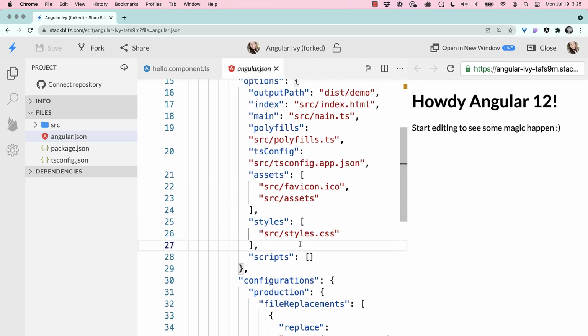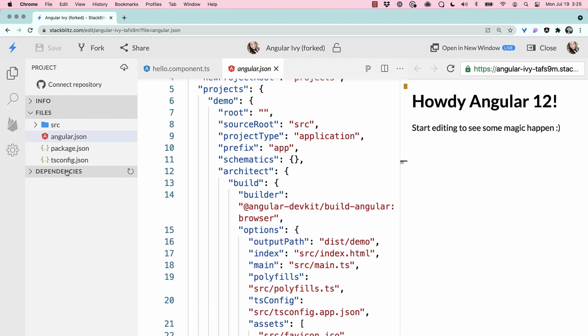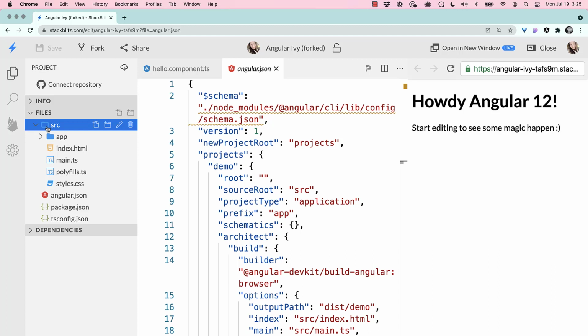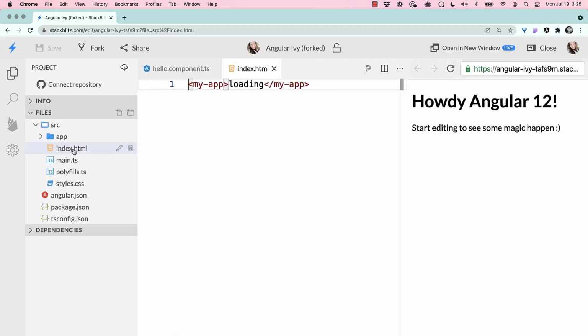And this is where, of course, you would change it to SCSS if you wanted to use that instead, or Sass, et cetera, et cetera. And these are all things that are used to bootstrap your application, get it up and running. We can dive more into those, but I think the fun part is going to be inside source. So let's dive in. Once we're inside of source, you'll see that we have an index.html, and you'll see this